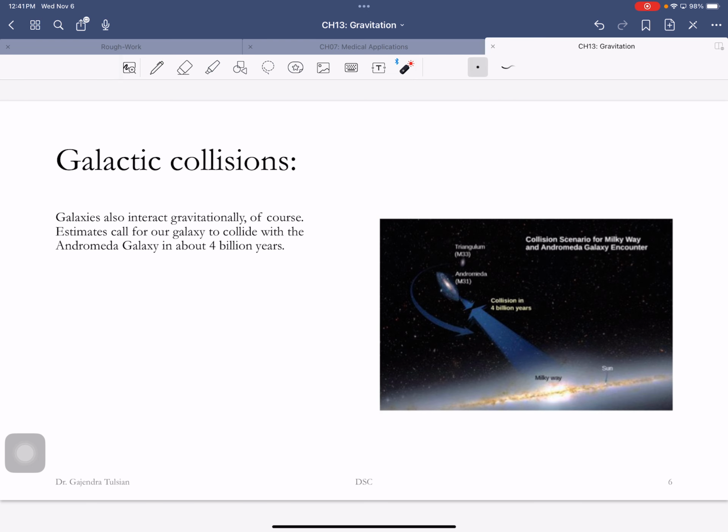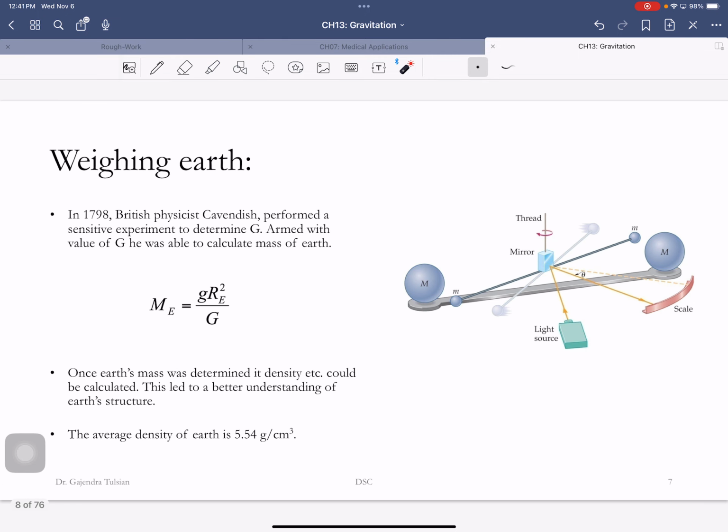Of course, every object attracts every other object. Galaxies attract each other. This galaxy is attracting that, and so on. Okay, so we saw that the magnitude of the force of attraction between two objects is the product of their masses divided by the distance squared. Okay? Like I said,